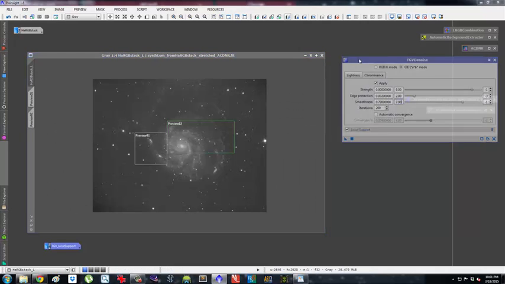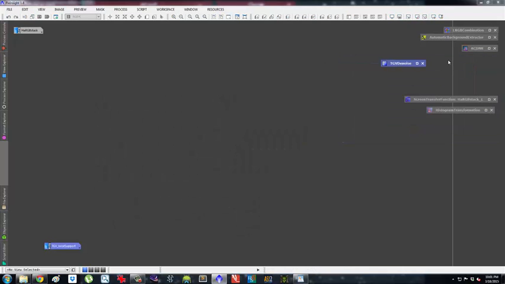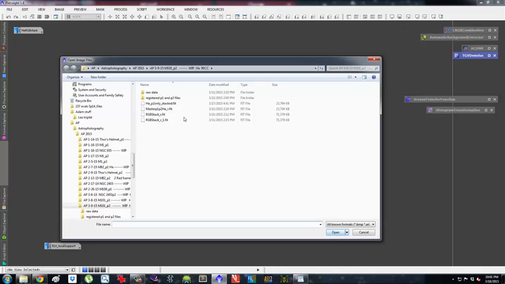So once you have the whole thing done, click and drag and say do it to the whole thing. It does take a little while, so I'm not actually going to do it right now. Instead, what I'm going to do is open up a different file that I've already done all these steps to. So close that. Close this guy because it's already done. And I'm going to jump to